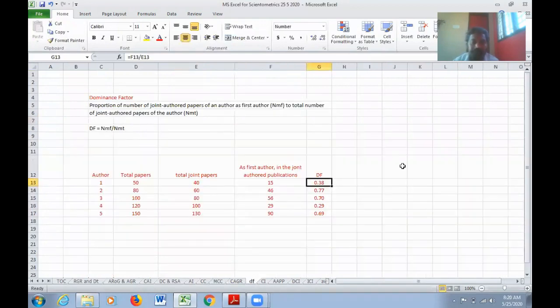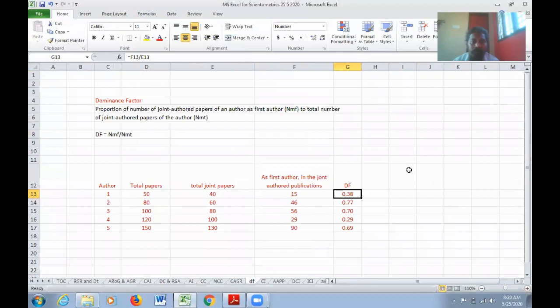Fine. So using this simple formula, you can calculate the compound annual growth rate. Then comes dominance factor. It's a very interesting concept. For example, I have contributed 40 papers in collaborative mode. It means I joined with other authors and I contributed around